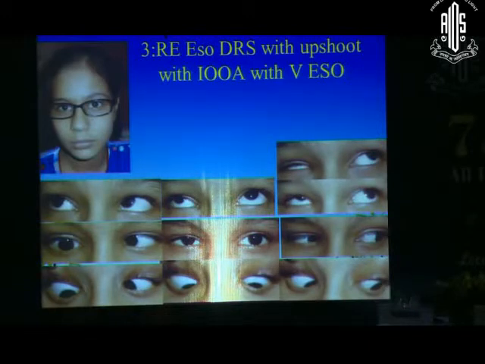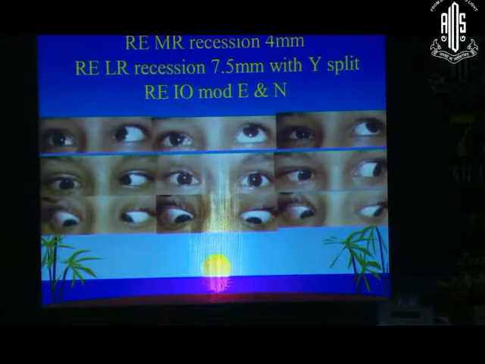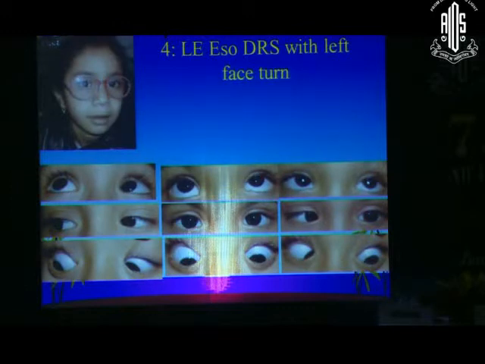Similarly, an ESO-DRS with an inferior oblique overaction, marked upshoot, inferior oblique overaction is also there. Now these cases require a specific management, that you would have to do a bisplit with inferior oblique weakening. And see, now the eyes are corrected, the hypertropia, retraction, everything has got aligned. So what you should see is fundus, see for the extortion, look for the hypertropia in the primary position. That will help you in distinguishing whether it's only an upshoot or it's an inferior oblique overaction.